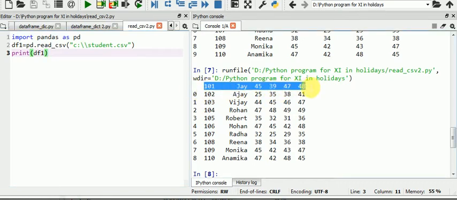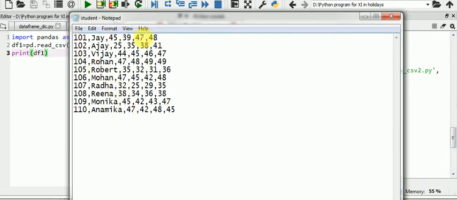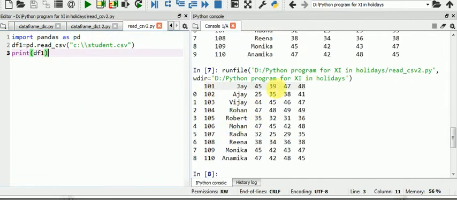That is treated as a header. Got it? If we are not assigning any header, my row starts from the data 101. The first row is treated as a header.